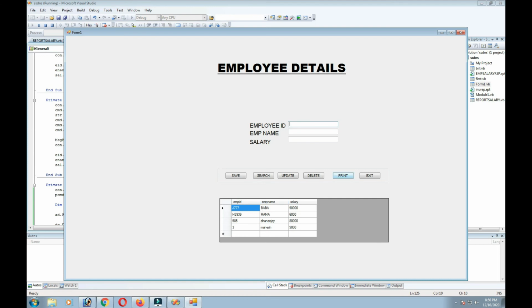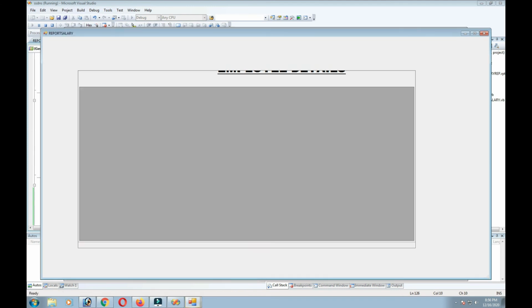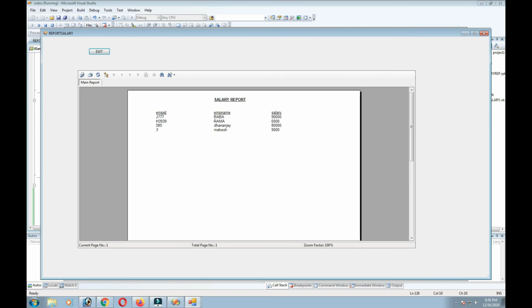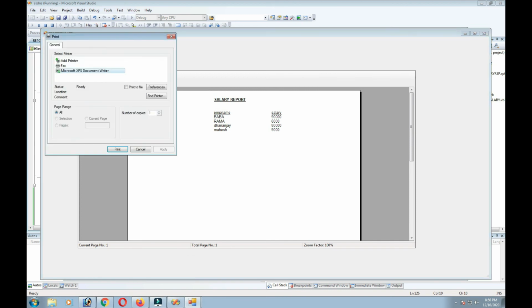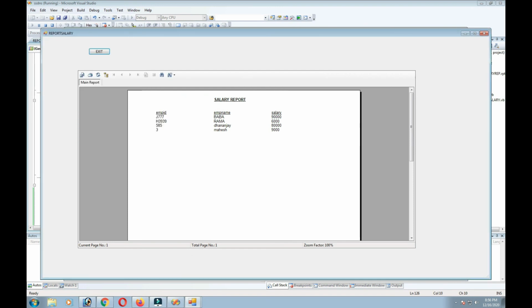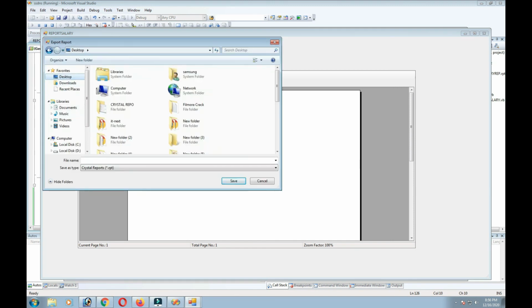Now we are going to run the form, and here you can see the data grid is loaded. Once you press the print button, it is supposed to go to the original report shape. So the Crystal Report gives two kinds of features you can see here. One is direct printing from here, so you just print here, and you can print directly to the printer. Another excellent feature is export report. Just select export, select any path, and give a name, for example, salary report.